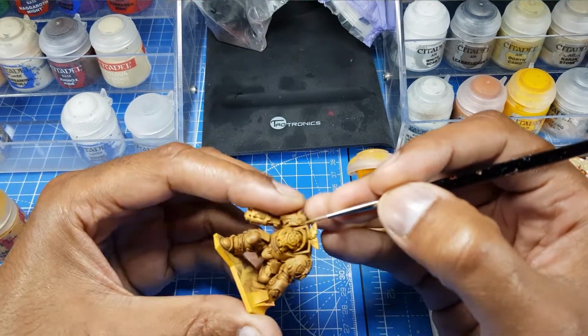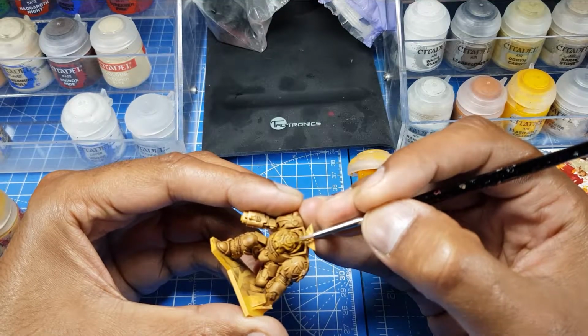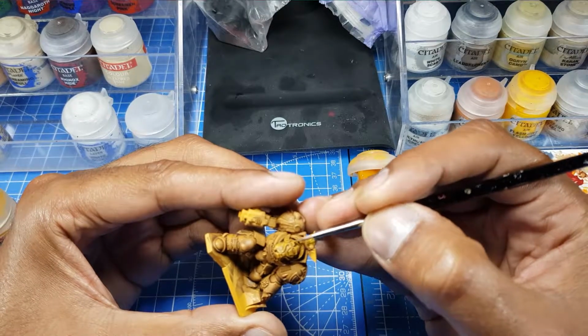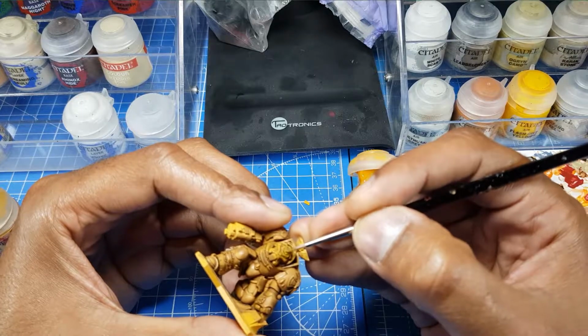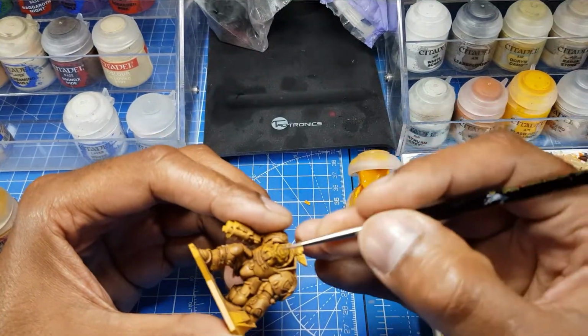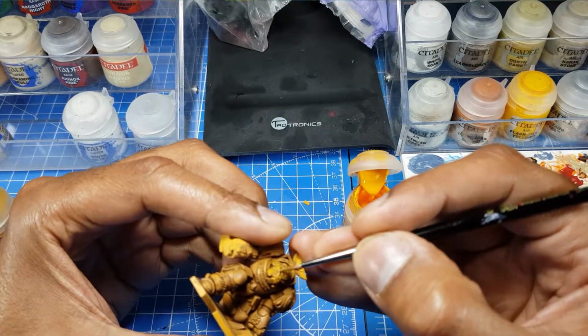paint over the edges. It's called edge highlighting because you're using the edge of the brush. You're just going over the edge areas very slowly. Just bring it out. More of the